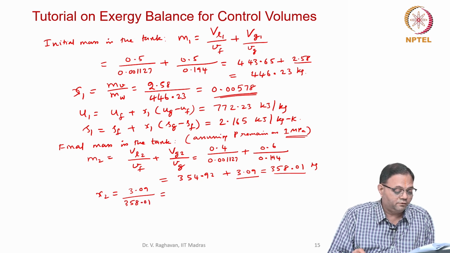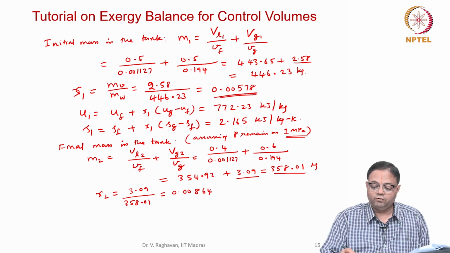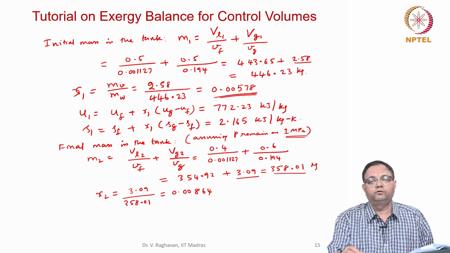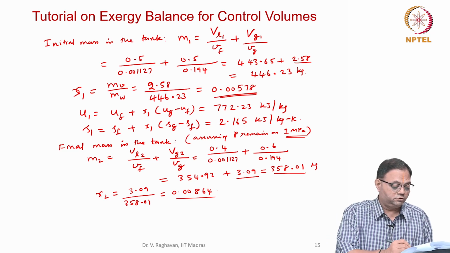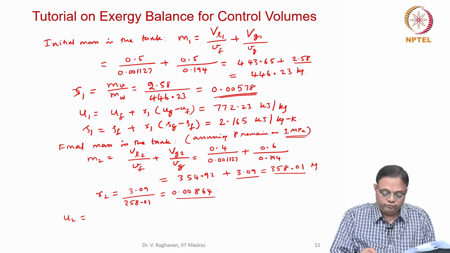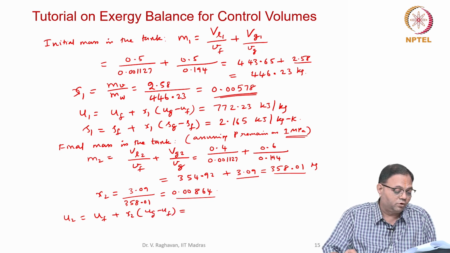That comes out as 0.00864. You can see that there is an increase in quality because of the vaporization, from 0.00578 to 0.00864. So that is about this. Now again, from the values of Uf and Ug, I can calculate U2 as Uf plus x2 into Ug minus Uf, which comes out as